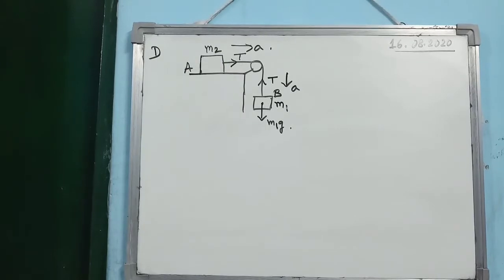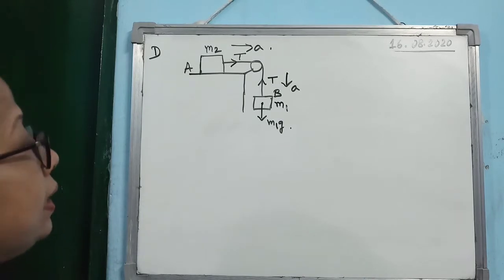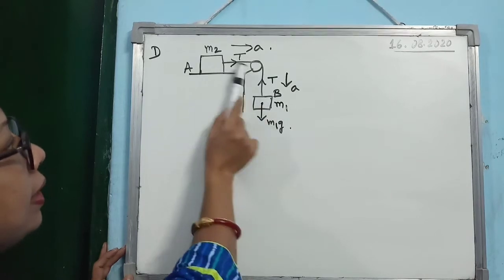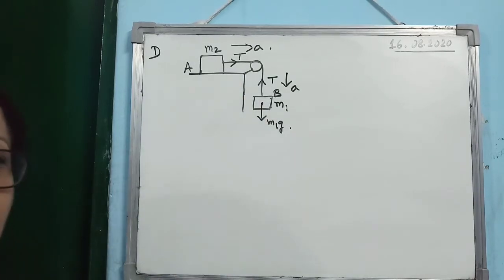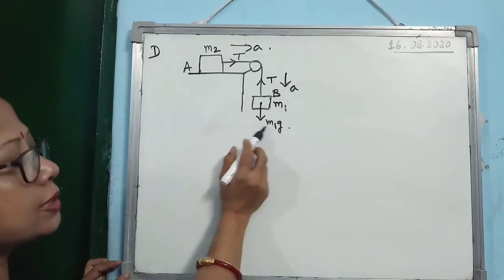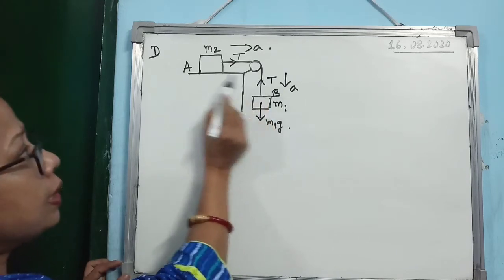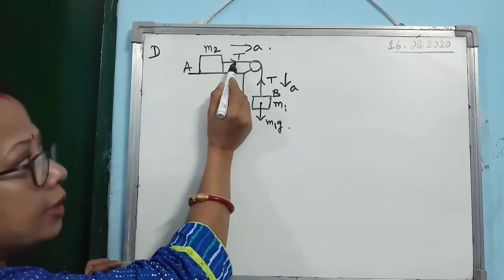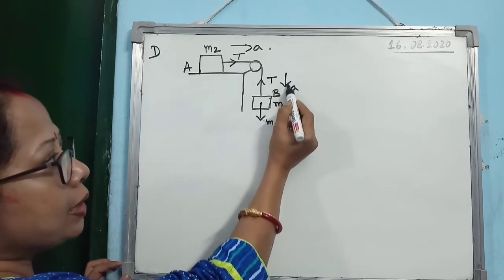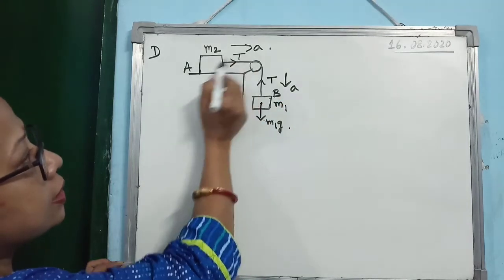Now in this case also two bodies we have taken A and B, masses M1 and M2 as shown in the diagram. But in this case you see they are also passing through a pulley, but in this case one is suspended, another is on the horizontal plane. Okay, so you see what are the possible forces acting for B. M1G is in the downward direction, tension is in the upward direction. For A, tension is in this direction, and due to the weight of M1 as it is coming down, for M1 acceleration in this direction, for M2 acceleration in this direction.